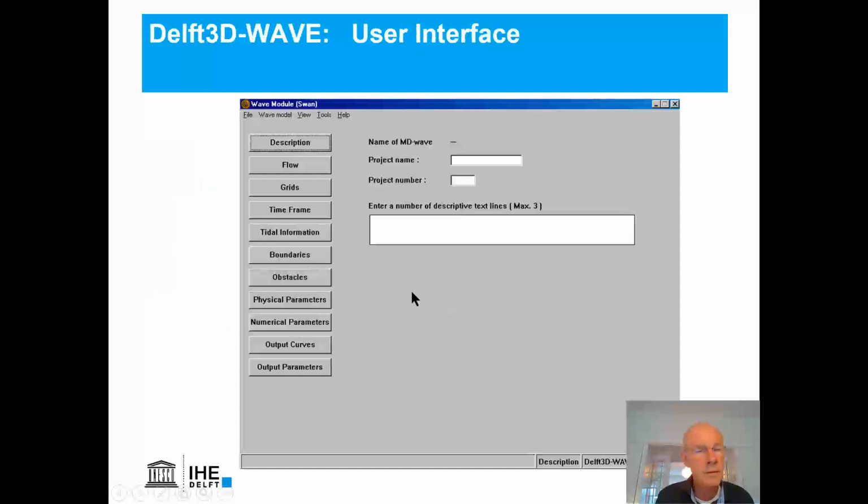Now let's go through the Delft3D user interface. This is the typical setup, very similar to that of the flow model, where you have a description, and here are the different data groups. Let's go